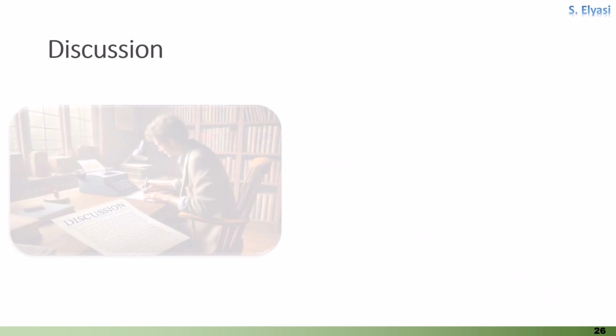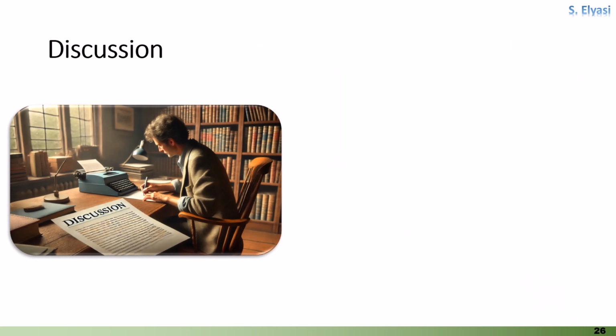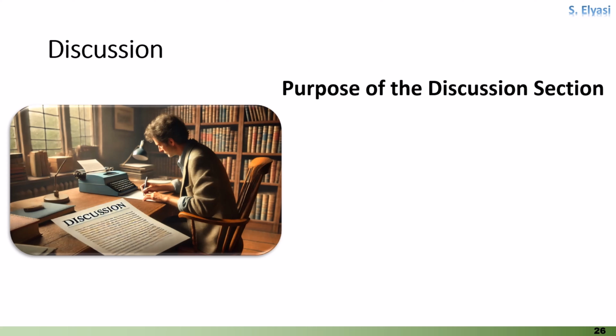The discussion section of a scientific paper is where the results of the study are interpreted, contextualized, and woven into the broader narrative of existing research. This section allows the author to express insights about the findings, explore the implications, and suggest future directions for research. Here's how to effectively structure and write the discussion.